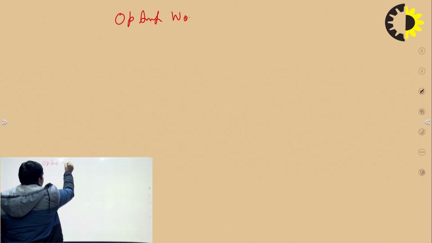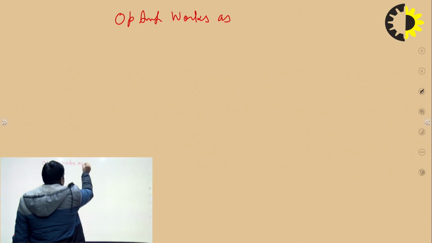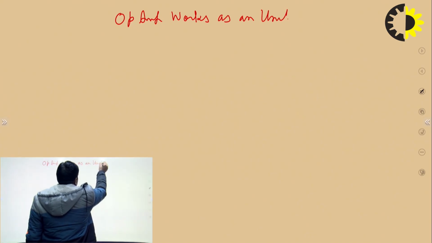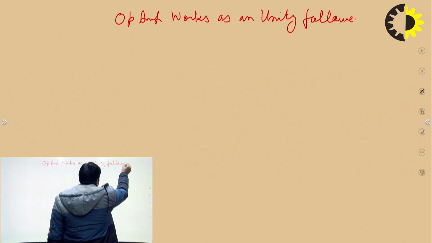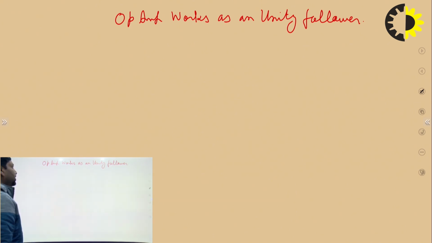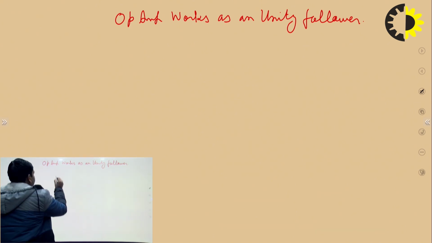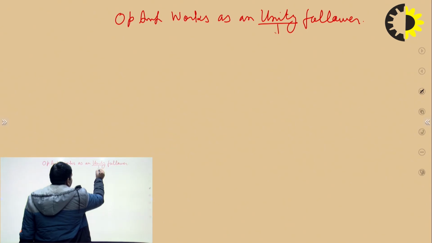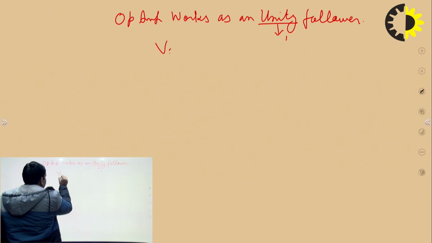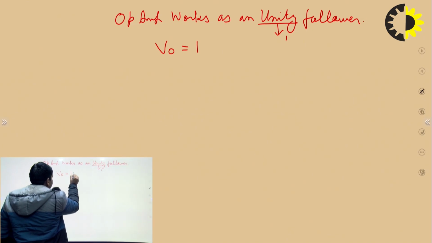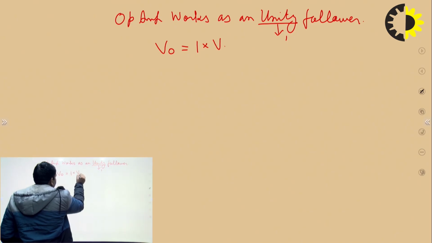Third is the Op-Amp works as a unity follower. This is an application of the non-inverting amplifier. What is the meaning of unity follower? Unity means 1, and follower means it follows the input voltage. So if V0 is equal to an amplification gain of 1 times, and follows the input voltage,